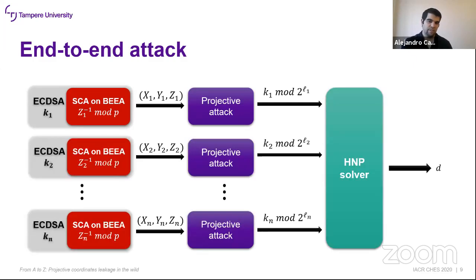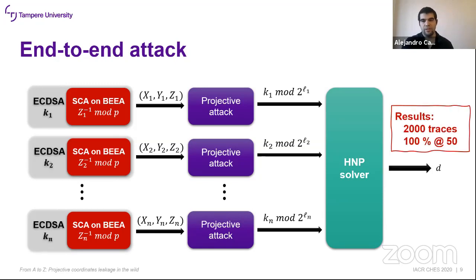Repeating this process several times, it could be possible to recover the private key using a hidden number problem solver. The results after extensive testing: it was possible to recover the private key with a 100% success rate on 50 trials using only